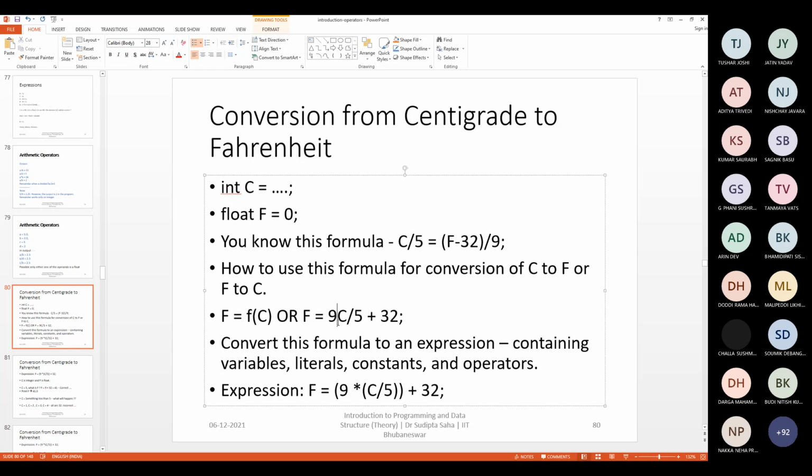Sir, in this case, we can just shift the 5 and find F as a function of C. However, if something is not given explicitly, suppose in mathematics there is a circle with a formula a cos theta with a parameter, then it is not given explicitly. We cannot find the variable.